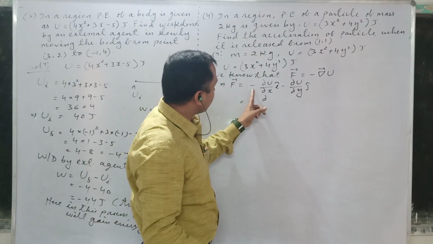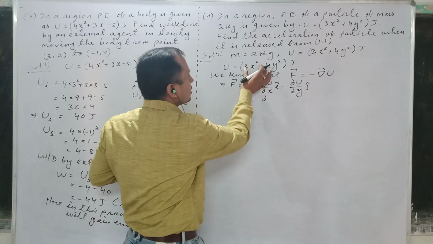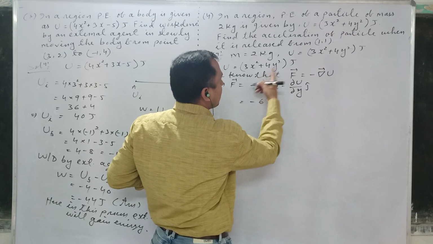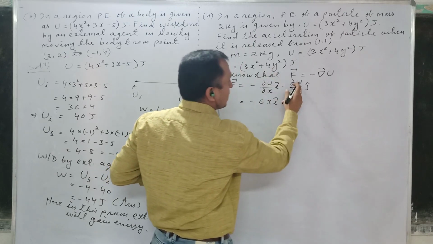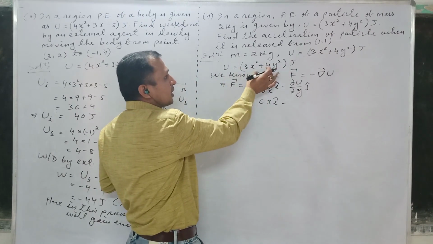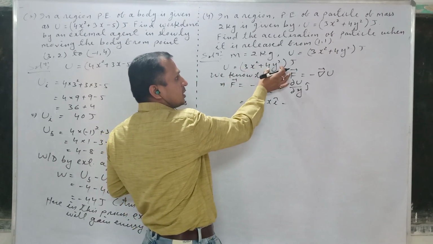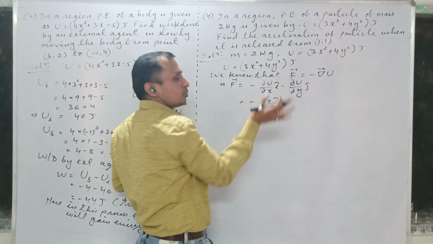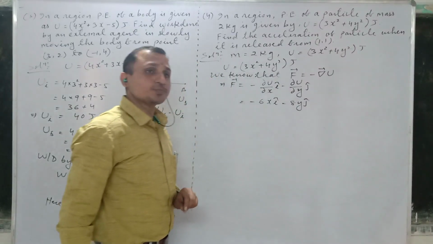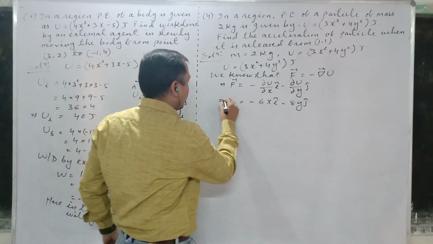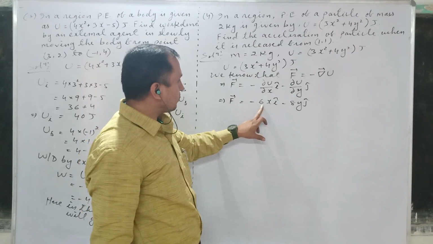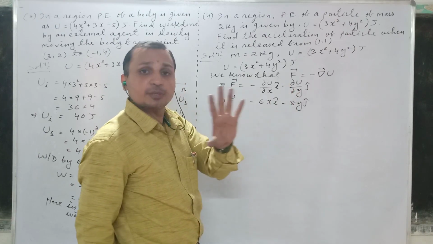So here we can write minus del u by del x will be how much here? This directly I am writing minus 6x i cap is there, i cap minus del u by del y. With respect to y, we want to find the partial derivative of u. That is why here this will be the constant. Only for this particular term I have to find the derivative. So this will be how much? 8y j. That's all. So this is our force we are getting. Yes, but according to the question, this is the force in terms of the vector quantity, minus 6x i cap minus 8y j cap we are getting.